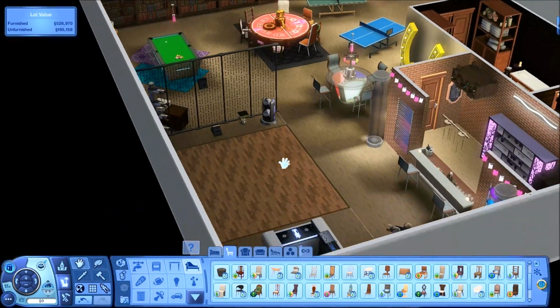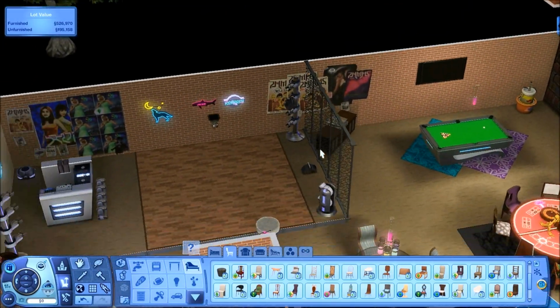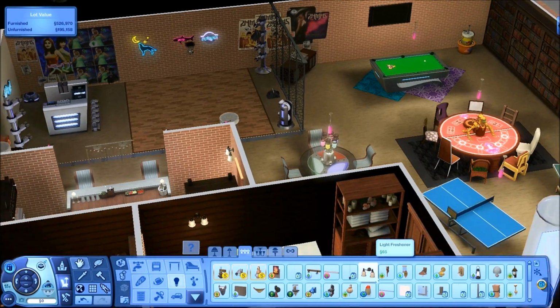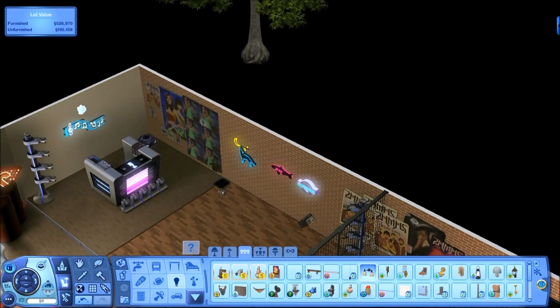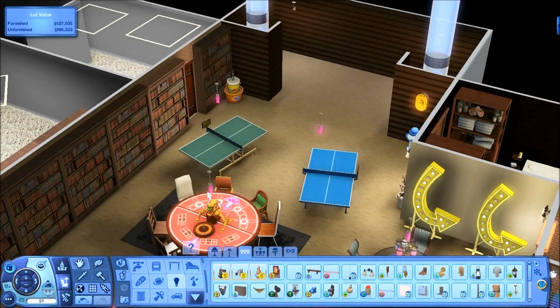Anyways, but look at this. Look at this basement area. It looks great, huh? Looks really cool. I believe the next one, after we add the lights on here, is going to be the bathroom. I think we're going to do...